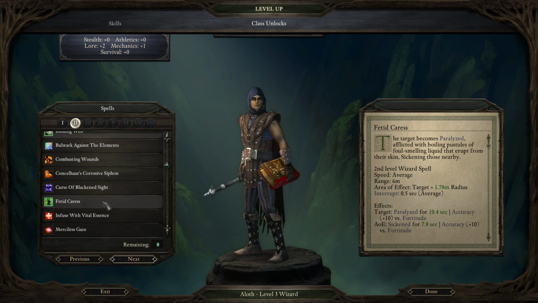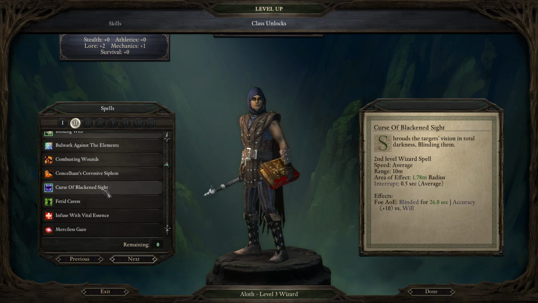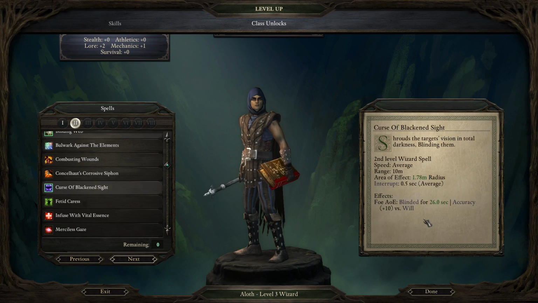Okay, range 6 meters, area of effect 178 meters radius, where the Curse of Blackened Sight lasts for 26 seconds. Oh, this is so much better. This is so much better, it gives blind. Accuracy is reduced by 25 for all sources. Perception is reduced by 4. Movement is reduced by 2. Reflex and deflection reduced by 20. It's the same as the blinding lights, but